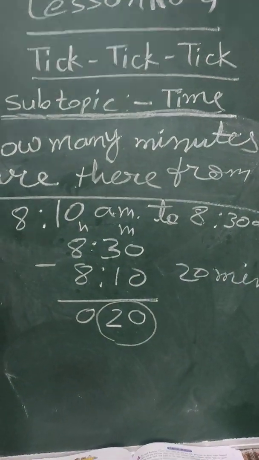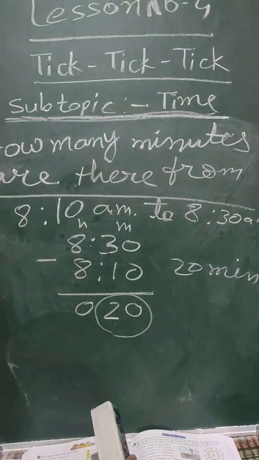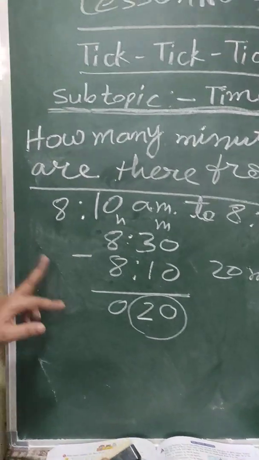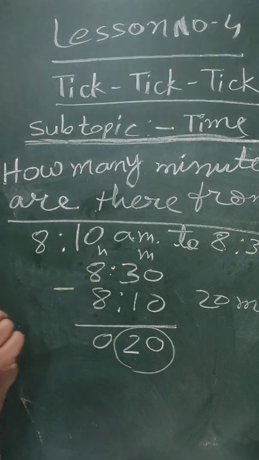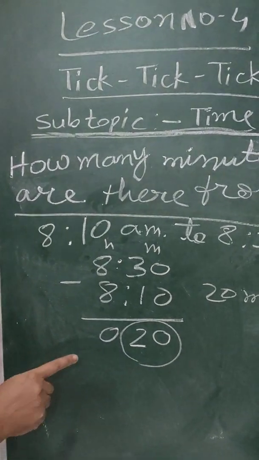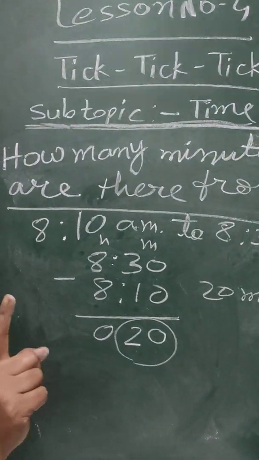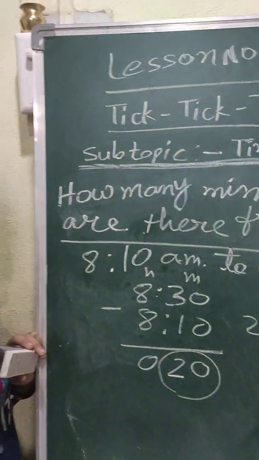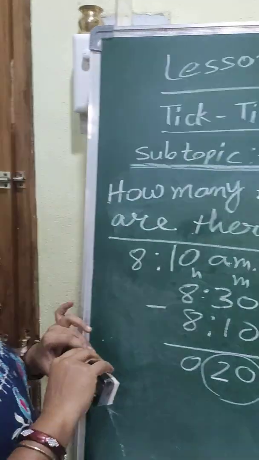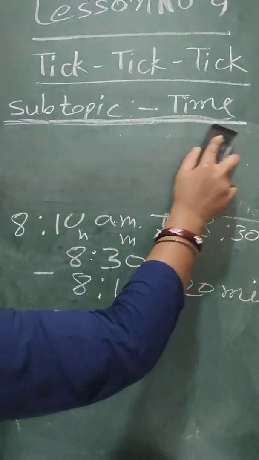Understood how to subtract? Same way how you generally do subtraction, but for every time while borrowing in other numbers we borrow 1, but here in time we borrow 6, because 1 hour equal to 60 minutes and 1 minute equal to 60 seconds. That only you will keep in your mind.